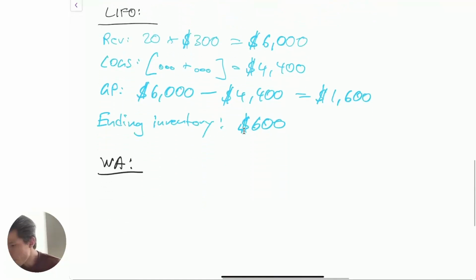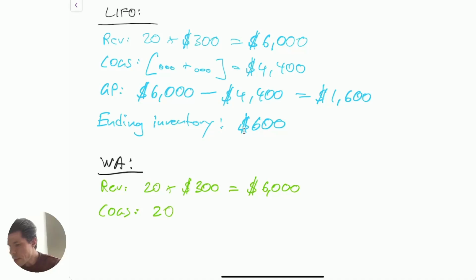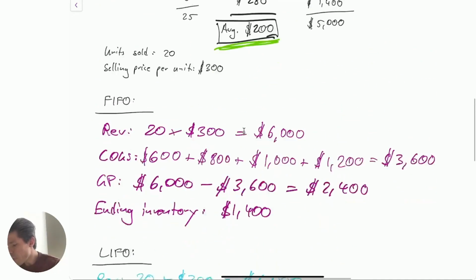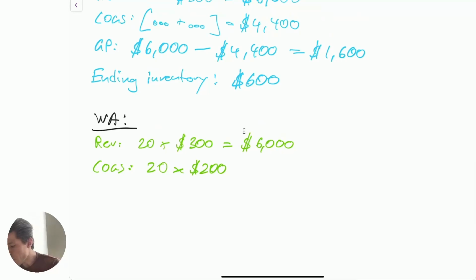So what we are going to do is the same. Revenue remains 20 times, because this is only driven by the selling price, which we have kept constant. Then you have cost of goods sold. Here, quite easy, you have 20 units times your average price of 200,